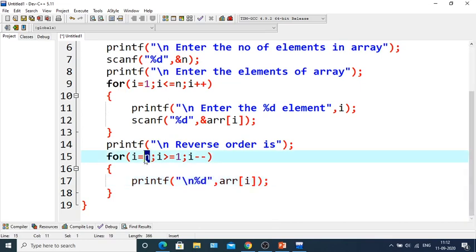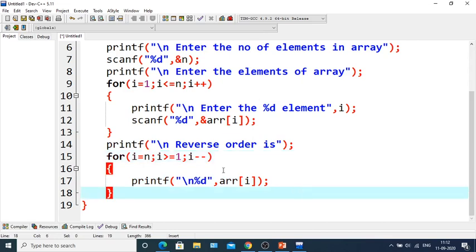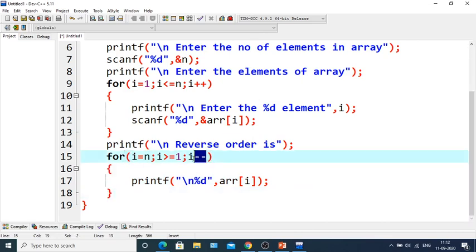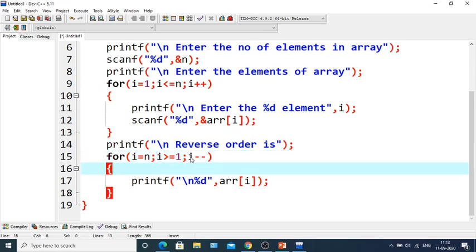Now the value of i is 5, so arr[5] will be printed. Next the value of i will be decremented by 1. Now the value of i is 4, so arr[4] will be printed. Next 3. This is how it will be printed in reverse direction.